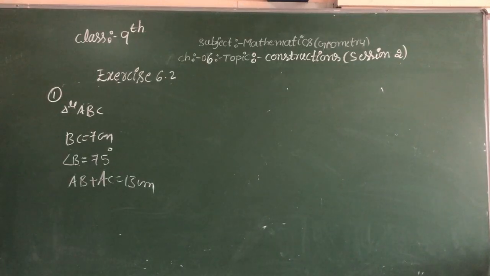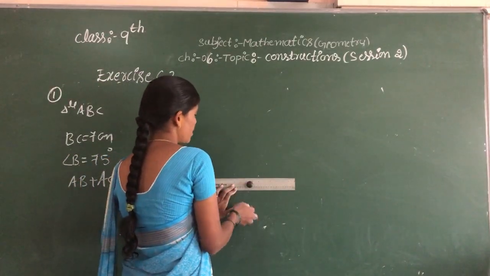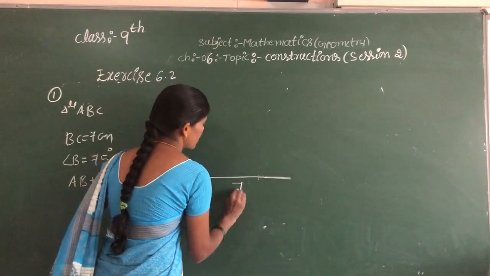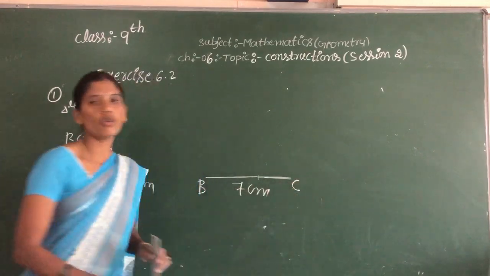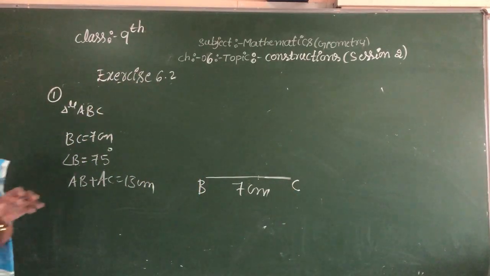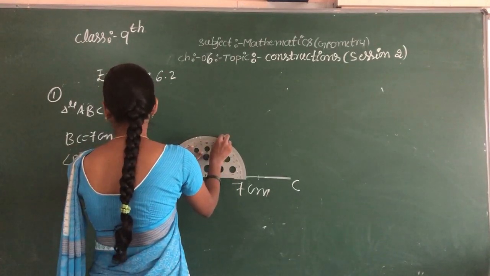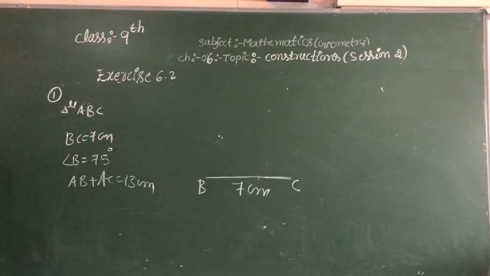You should draw in base. Base, what you should draw means base of the triangle. Okay, how many centimeter? 7 centimeter. You should draw that in base 7. Okay, children, this is 7 centimeter. This is BC. So where do you keep the protector? So point B. So here is the 75 degree. 75. Okay.